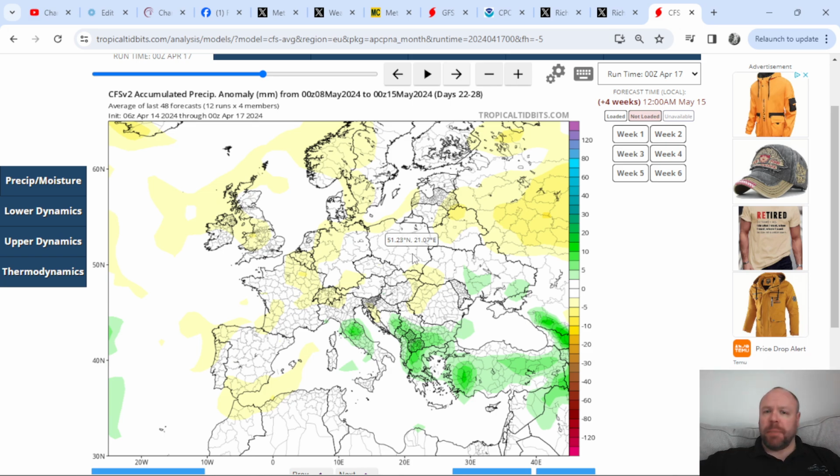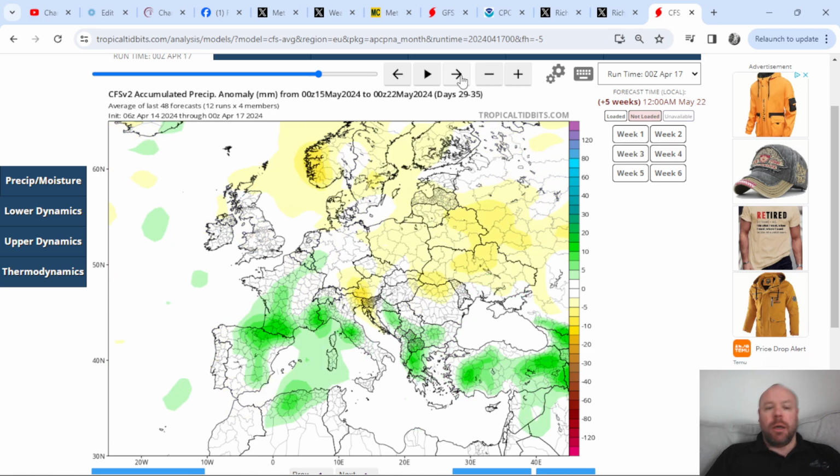So take away the temperature idea, take away whether it's going to be cooler than average or warmer than average. I think, to be honest with you, most people would rather know that the pattern is going to turn drier. Don't care about it being a heat wave, don't care about it being really cold. The fact that we could somehow dry this pattern out somewhat would be, I think, the real take home here. And then as we continue to press through the month of May, you can see here average conditions. And this is going way out to fantasy land, obviously, so you have to take that with a major pinch